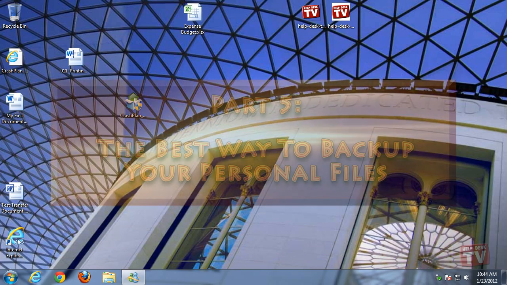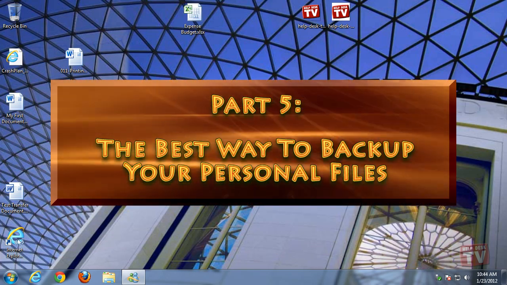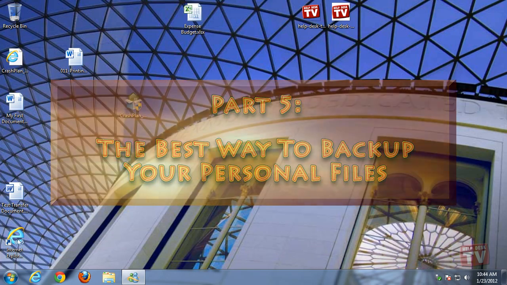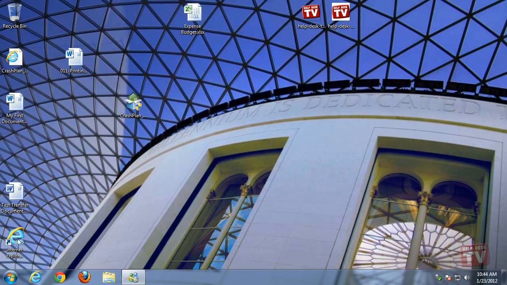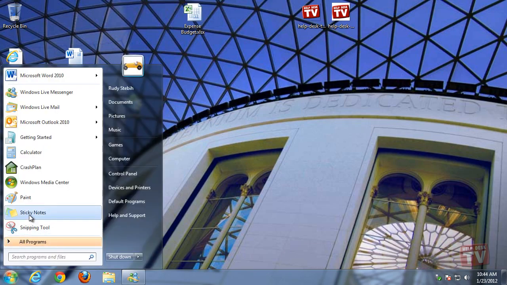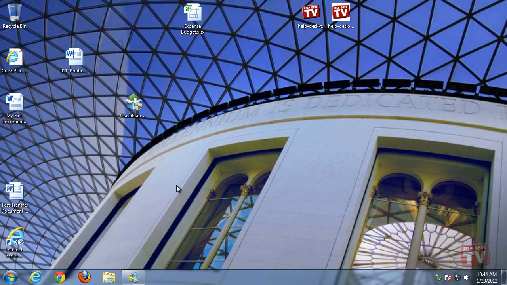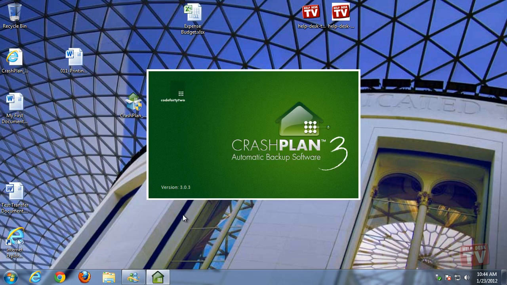Today, in part 5 of our series on backing up your computer, we're going to take a look at some general and network settings that you should be aware of initially. So now that we've got you set up to back up your computer both locally and in the cloud, we're going to take a look at some basic settings to help you manage your backups better.